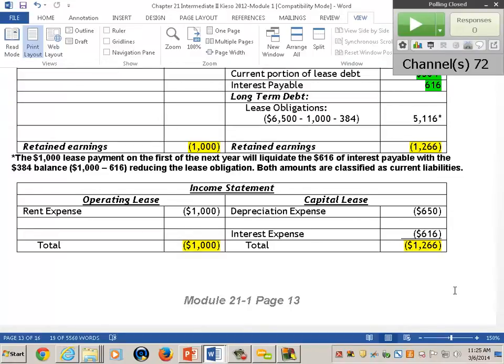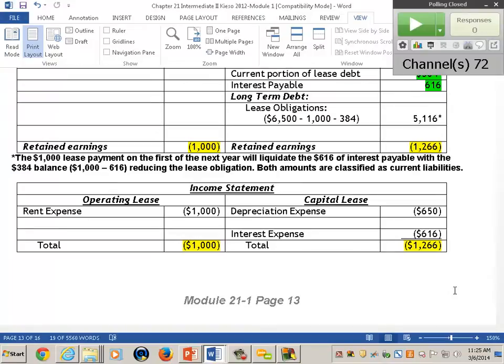And if I'm using EBITDA, I would not have the depreciation either. An operating lease shows 1,000, a capital lease, no expenses. So I get higher EBIT, higher EBITDA with a capital lease. Now, that's only one of the favorable sides of it. I think if you look at this from a lessee's perspective, they are really trying to avoid the debt more than anything else. So it's really to avoid the debt.